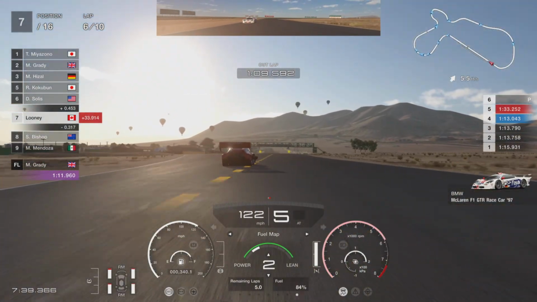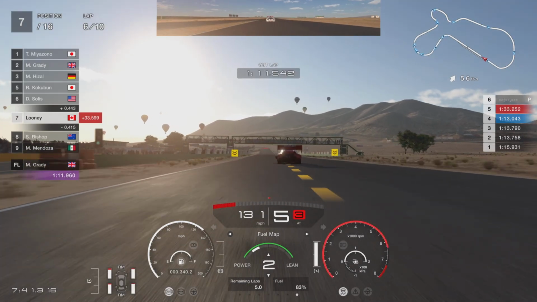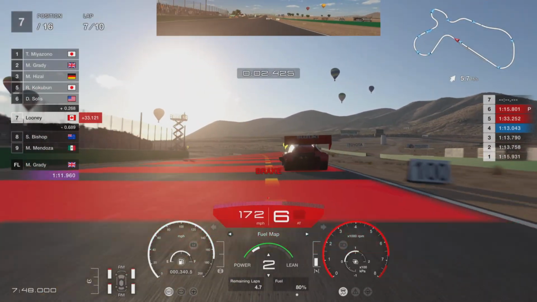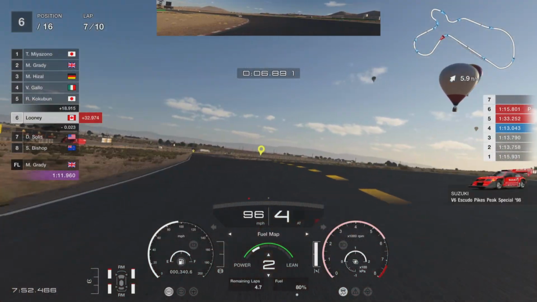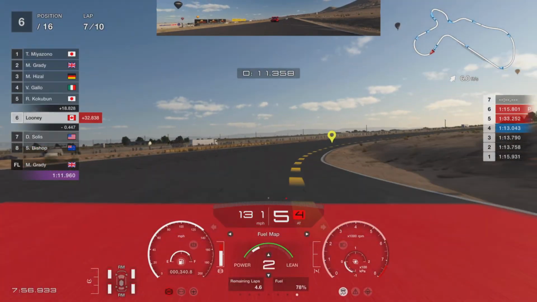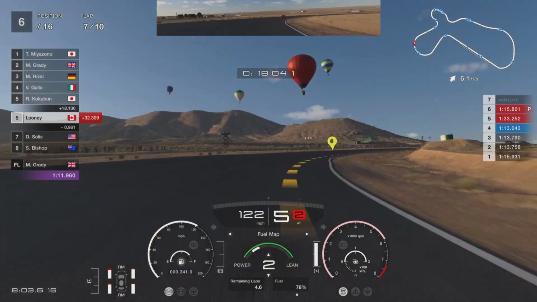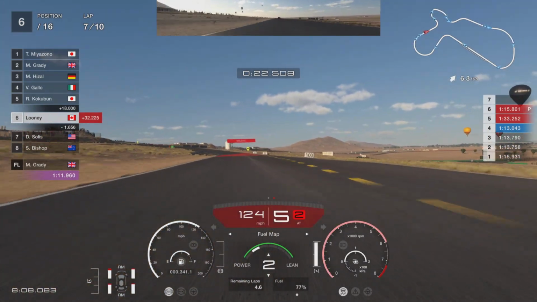Okay, here we go. We're gonna pause. Alright, we're back. Concentrate. Alright, we are 33 seconds behind the first place car. So we got like 4 laps. It says lap 7 out of 10, which means we have to race. That's kind of confused me. It's always